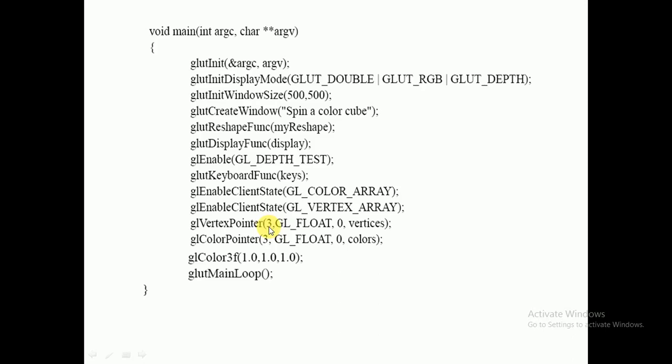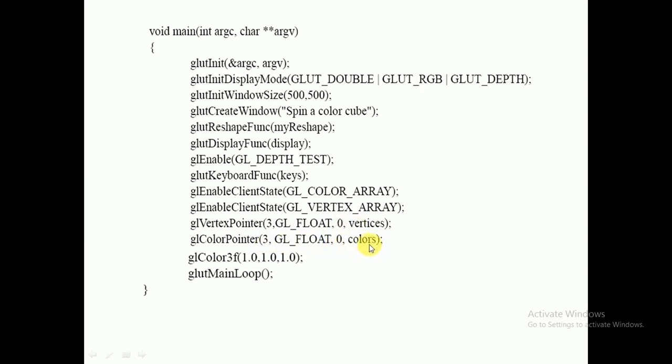Continuously use 3 values from the vertex array, all of them floating point, and the offset is 0, so the next continuous 3 values are taken with a 0 offset, and so on. Similarly, with glColorPointer, for the drawing color always use 3 values from that array, of type GL_FLOAT, and the next 3 are obtained with a 0 offset.